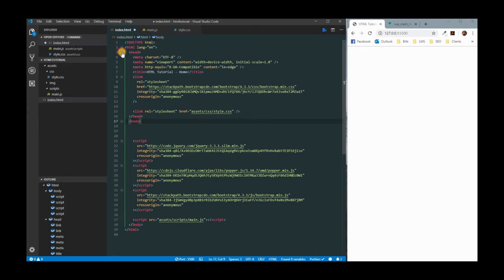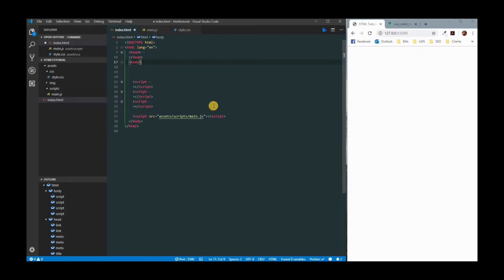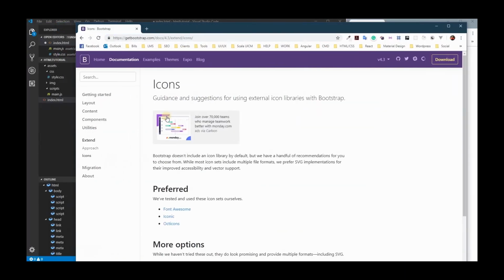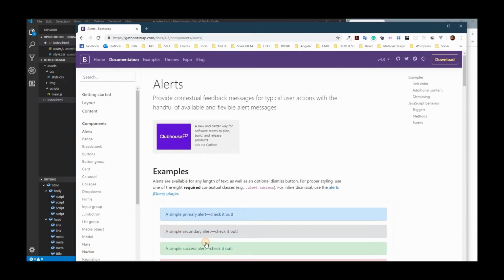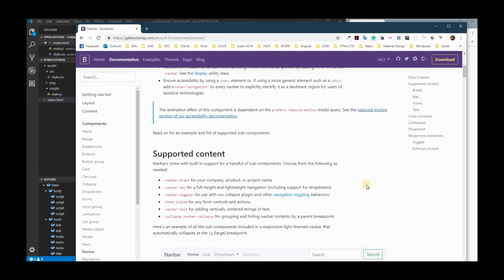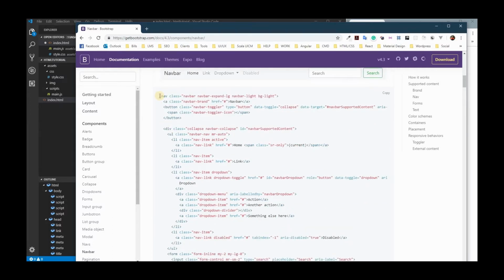So I'm going to click this here to make him smaller, so it doesn't convolute my view. And then inside my body here, I'm going to go to Bootstrap, go to components and look for the Navbar. So in here in the Navbar, I'm going to grab the navigation that I'm going to use. I'm just going to go with the first one here